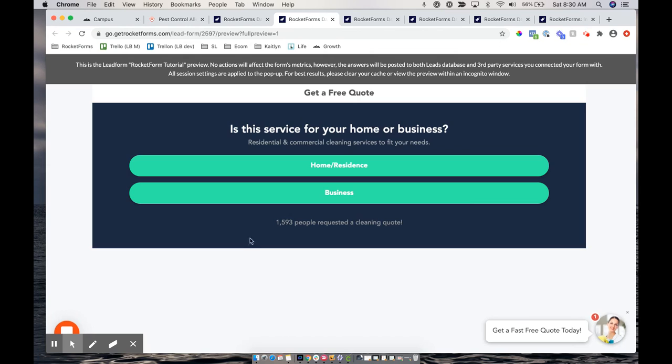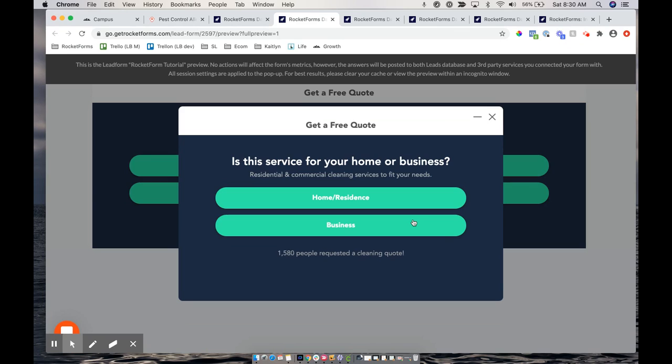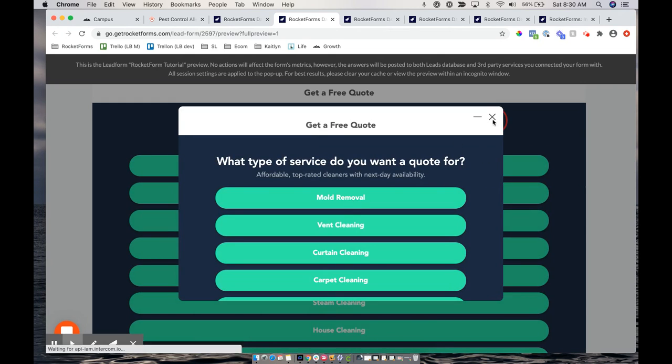So that looks better on the embedded version. Let's look at the pop-up. So now you can see that the pop-up version is looking better. You cannot see behind it. And then if I scroll through,